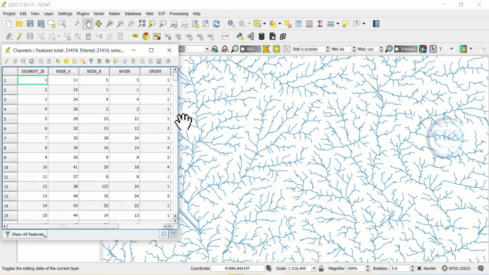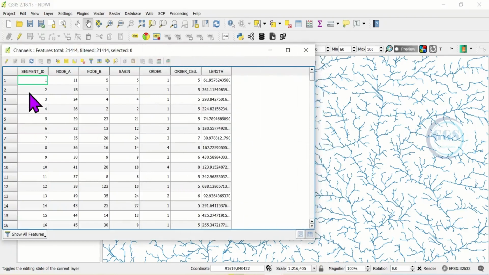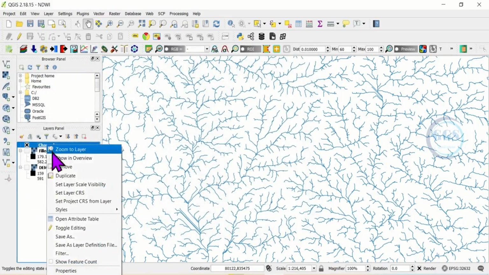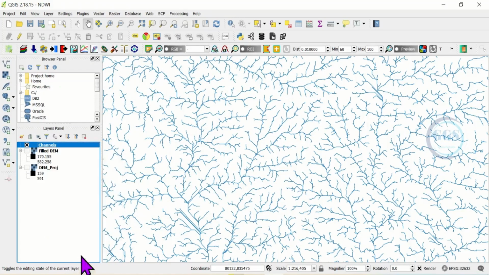Here if I expand it, you can see some fields that have been created, but the most important one is this order, which represents our stream order. So take note of this order because we are going to use it to finish the remaining process. So now what we can do, we can come back to this channel, right click and click on properties, then